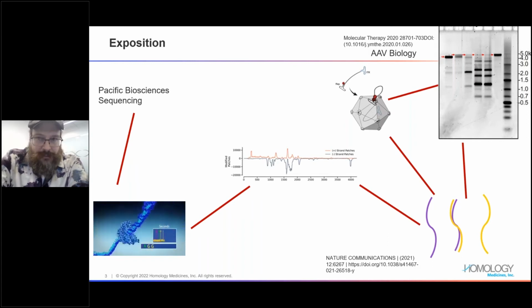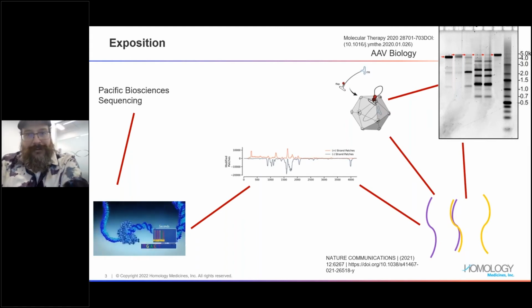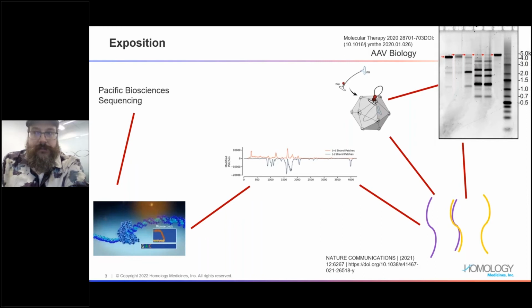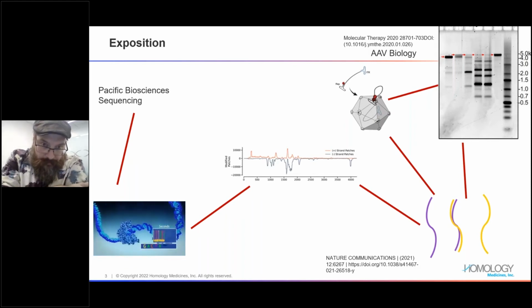And conceptually, you really don't know where they're breaking and why they're breaking. In the lower part, the idea is you break your capsids open, and through the miracle of hydrogen bonding, where you've got your positive and negative strands, you can marry that with PacBio's ability to see modifications in your bases. You get essentially what we've got in the middle, which is us mapping where our strands have been breaking. And so we can now target what areas of our recombinant AAV we need to go back and redesign, which obviously really enhances our design process.